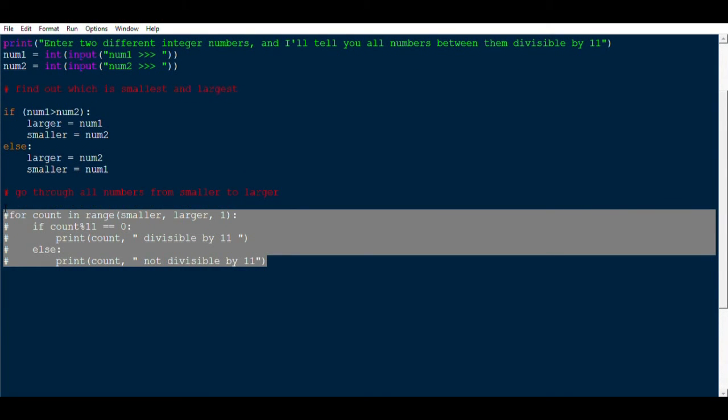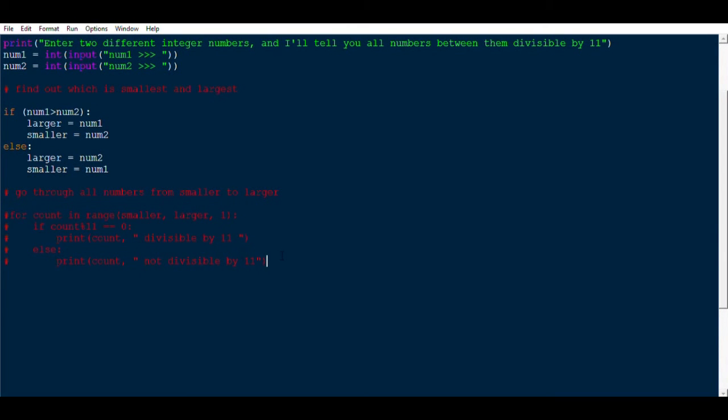So again, as I said, I've commented out all of the for loop, and I'm just going to write the same thing but in a while loop now. So a good place to start is have your count variable, or counter or count, whatever you want to call it, and I'm just going to set it to smaller for now. Now I'm going to start writing my while loop. So while count is less than larger, i.e. while we still haven't got to the final number, the larger number yet,